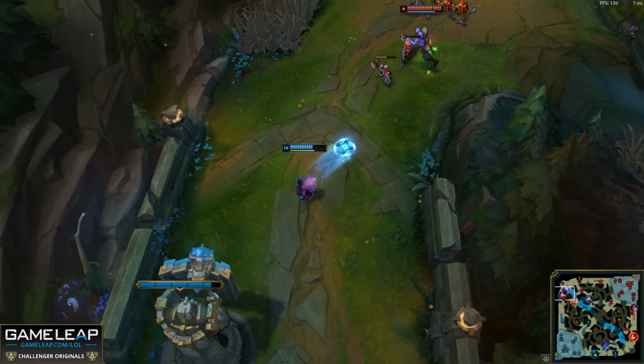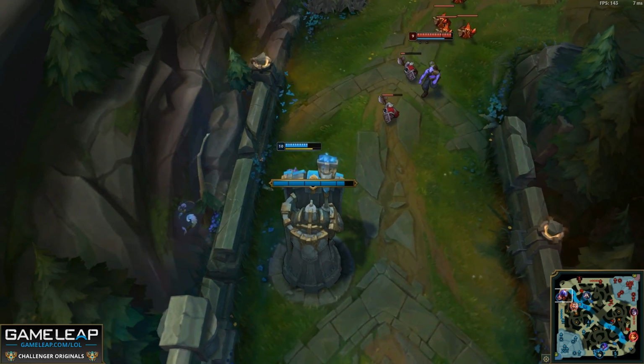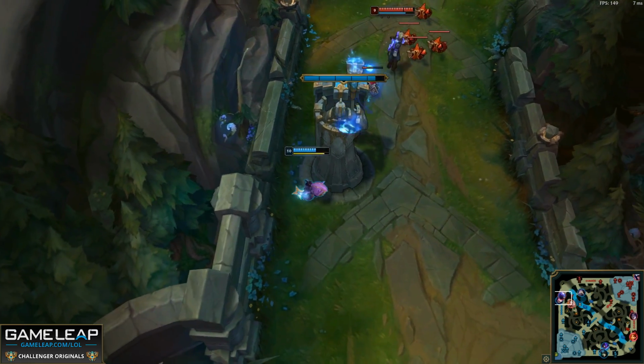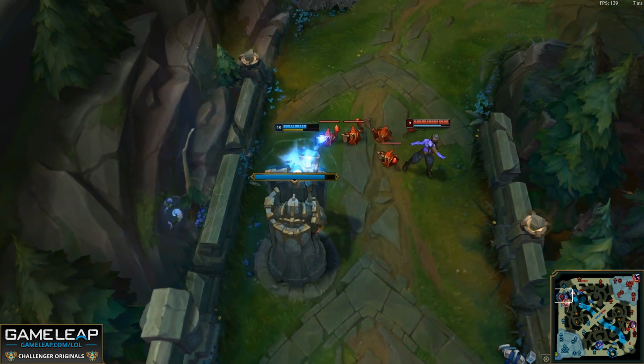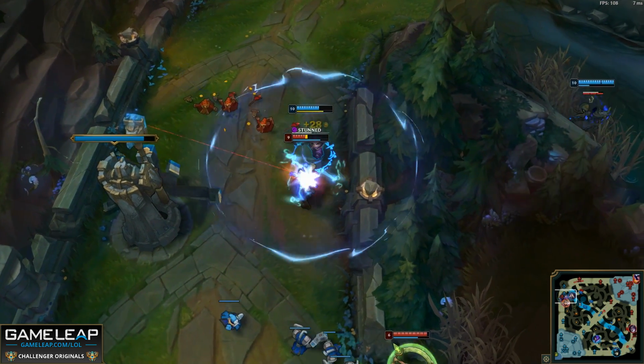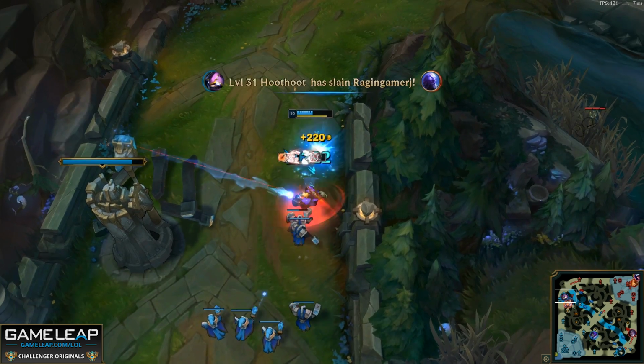For example, if you've just been slow pushing all game long looking for tower plating, and then suddenly you get your first item and you have some really good all-in potential, and you start a freeze, then you're going to be able to look for an all-in because they're not going to be used to how far away from you